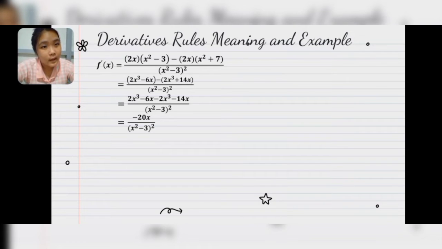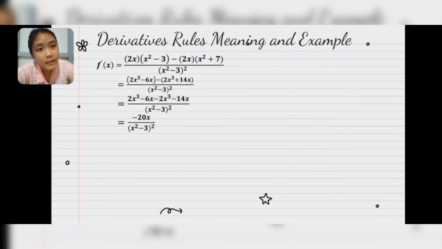2x multiplied with x to the second power is 2x to the third power, and then 2x we multiply by 3 is minus 6x, and then minus, we multiply again, 2x multiplied by x to the second power is 2x to the third power plus 2x multiplied by 7 is plus 14x per x to the second power minus 3, and then multiply by to the second power,